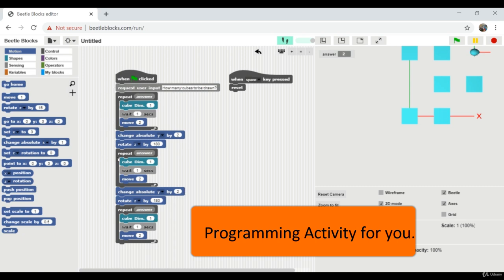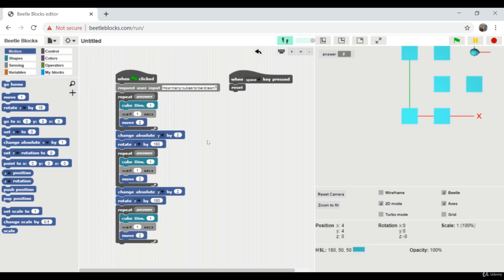Now I will give you an exercise where you have to use your own brain and your own programming methodology, and you have to make this program short while giving the same output. There should be 3 rows and it should be able to print cubes on each row. So you have to shorten this program on your own through whatever we have learned till now, and we will see the solution in the